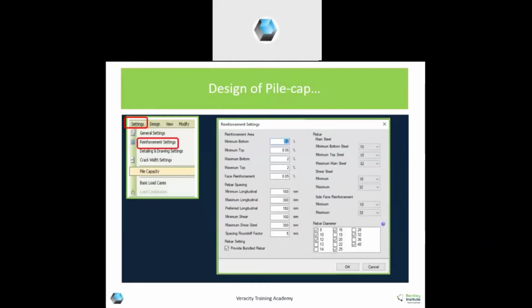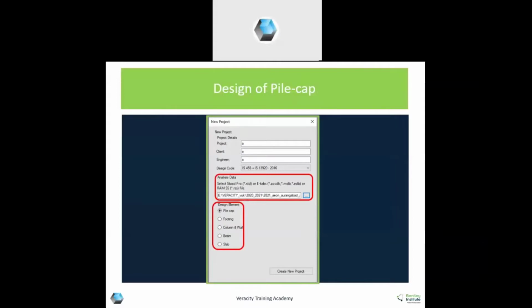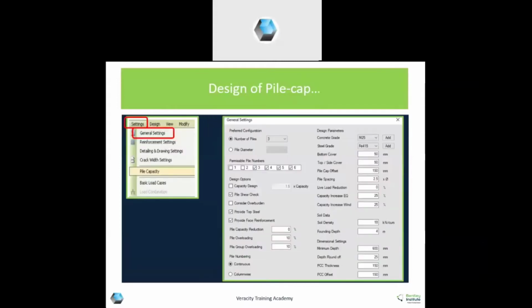Another thing is design option. If you want to specify any factor for the capacity by default, then you can specify it. For capacity design, you have to check it and then specify the factor for which you want to design. Then pile capacity reduction as per the code.